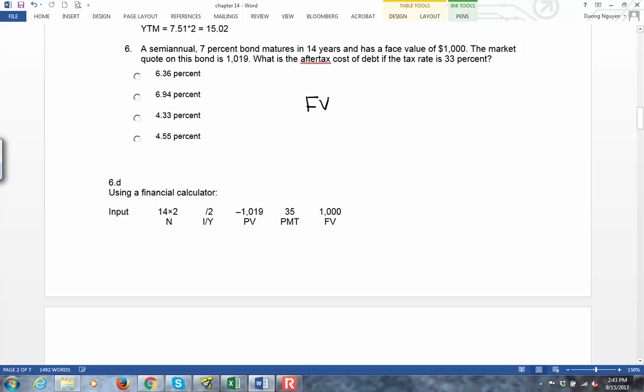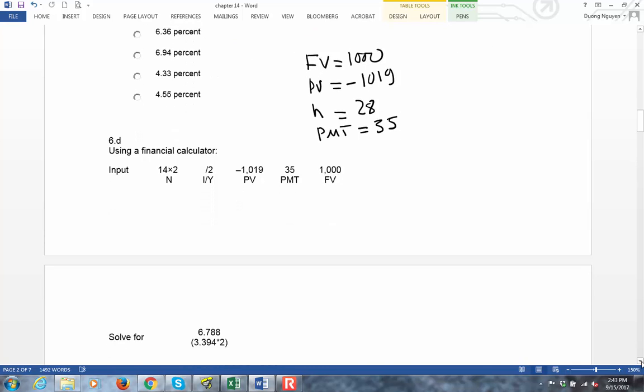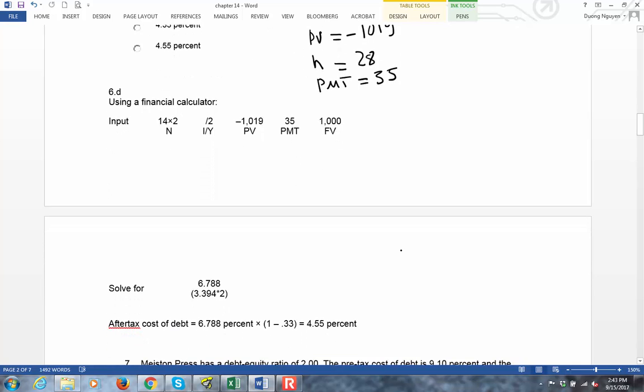Now in this question, face value is $1,000, present value is negative 1019, number of periods, maturing in 14 years, so it would be 28, payment would be 35, because it is a 7% coupon, and the semi-annual payment would be $35. Then you should be able to solve for I equal to